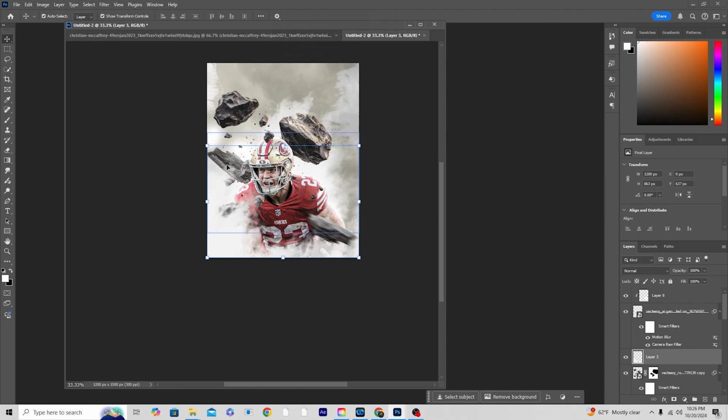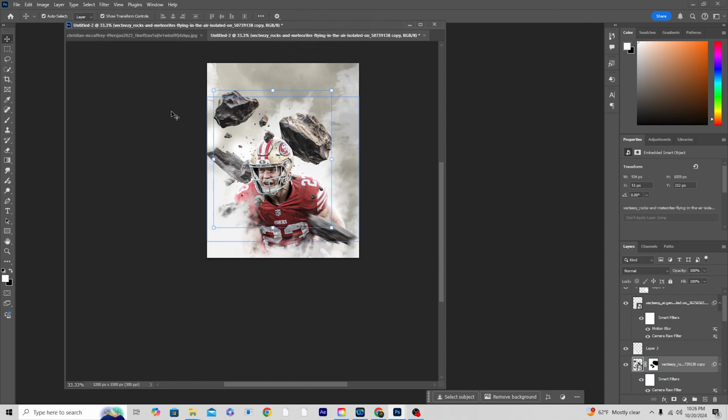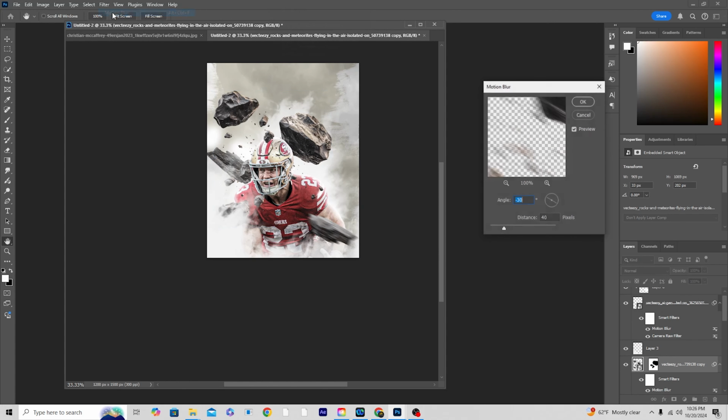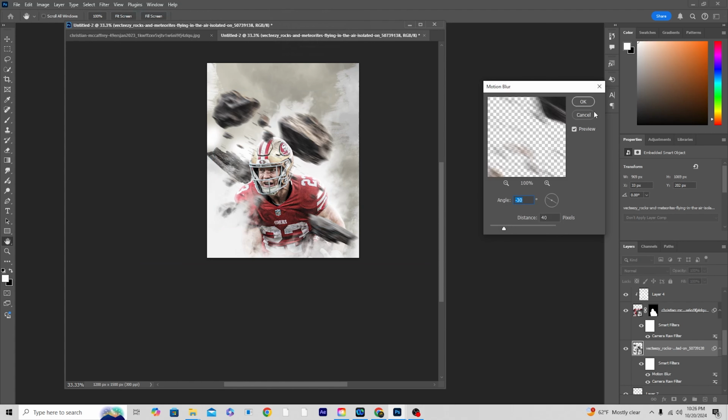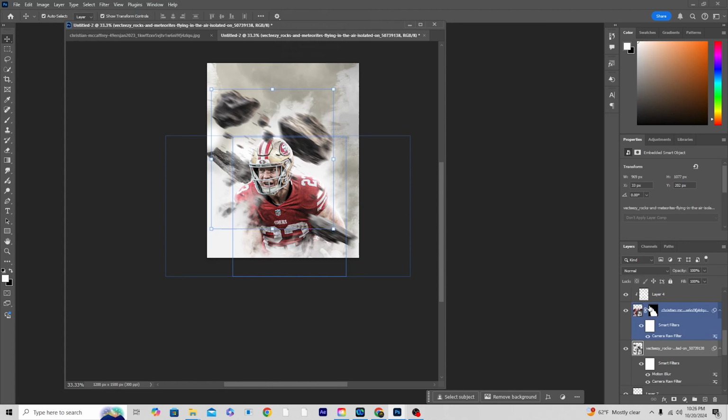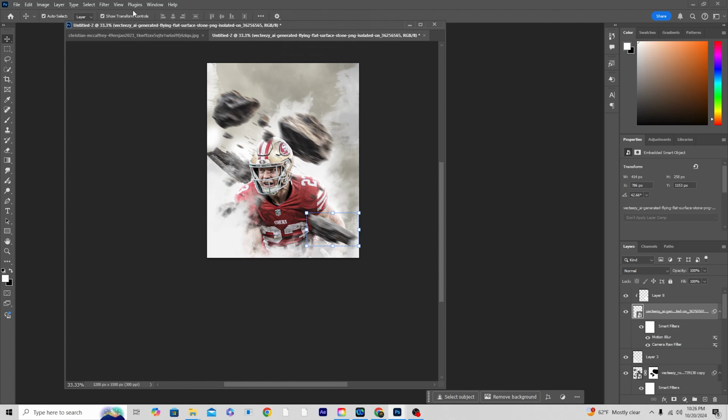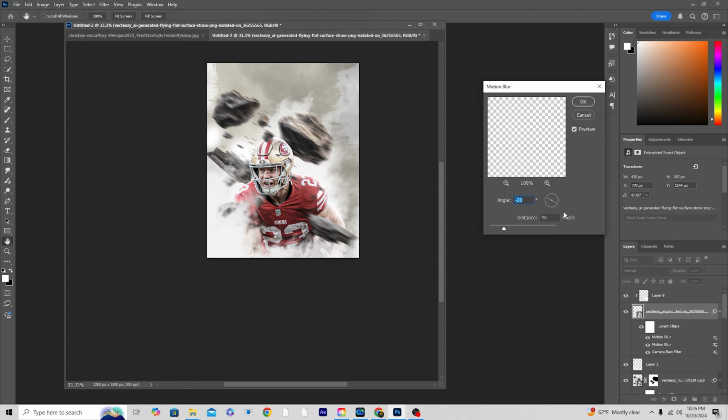And let's apply the same motion blur for all the layers. So select one, apply the motion blur, again click OK, and let's do the same thing for the one on the very back. Filter, apply motion blur, and let's do the same thing for the stone on very top. So select this one, filter, apply motion blur,